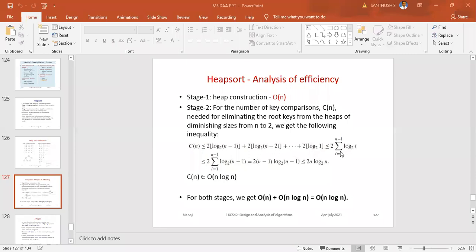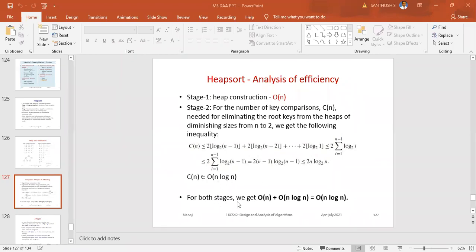That will be given as i ranging from 1 up to n minus 1. That's why you can write the sum for i equal to 1 to n minus 1 of log i. So you can also write it as i from 1 to n, log n minus 1. For i, you substitute n minus 1. So that will be 2 n minus 1 log 2 n minus 1, which is equal to 2n log n. That's why we say 2n log n will be taken as n log n.